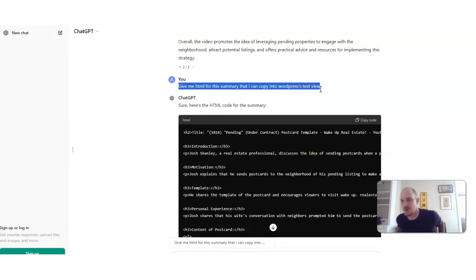So if you use KVCore or another CRM that lets you do blog posts, this HTML would work very much the same. And what I'm trying to get to is I'm trying to take the video content and then have it be SEO optimized, H2 headered up, with good on-page SEO content. So this